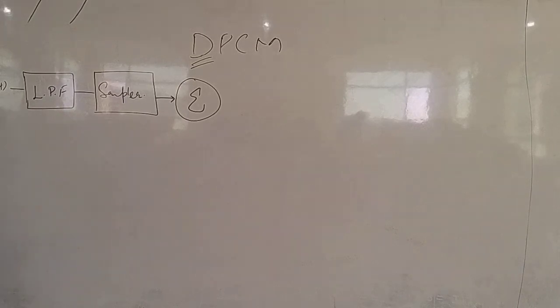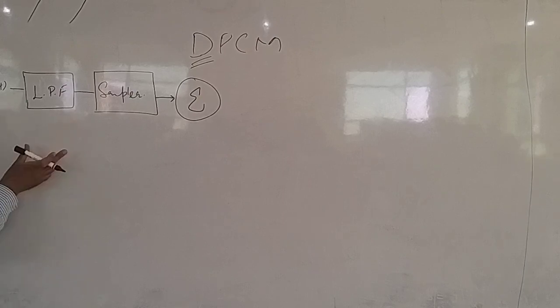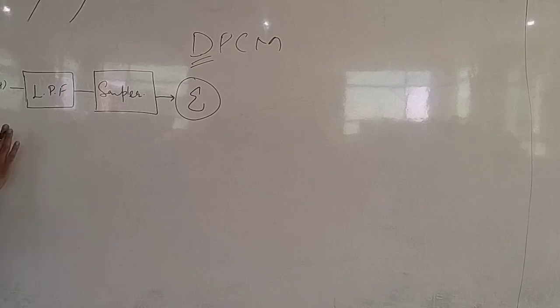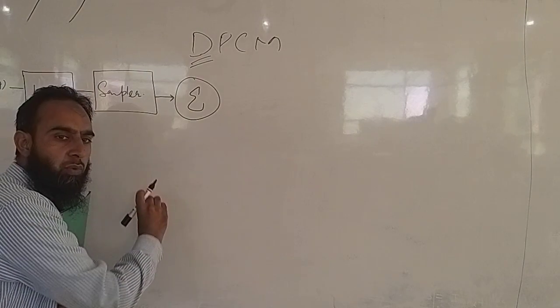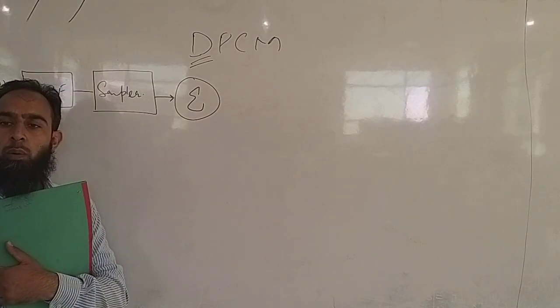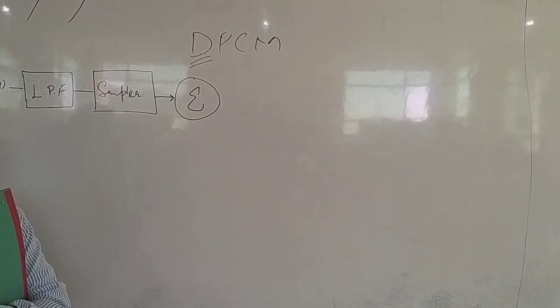देखो बेटा, I will not explain. I repeat, I will not explain the operation of every block. But if this question comes in examination, you need to mention the operation of every block. Now I just told you verbally, the operation of this block is to band limit the signal. So you can write one line while writing the explanation that the job of the low pass filter, as the initial stage, is to band